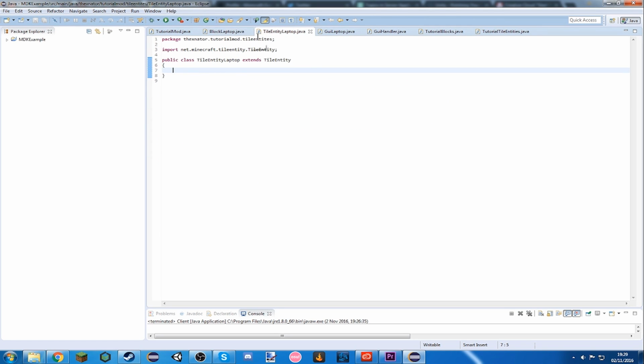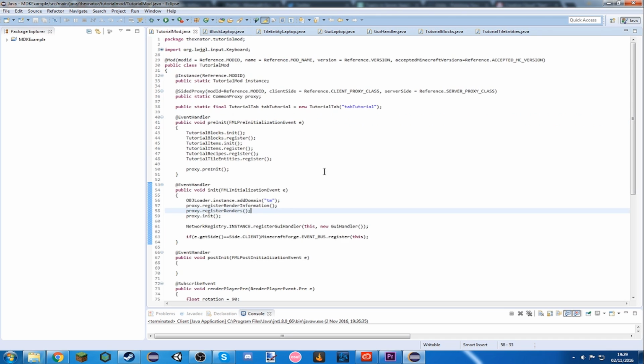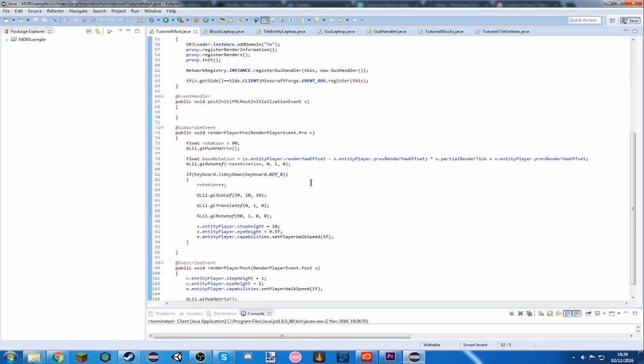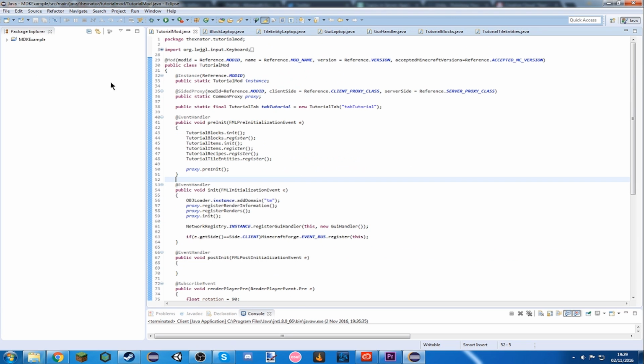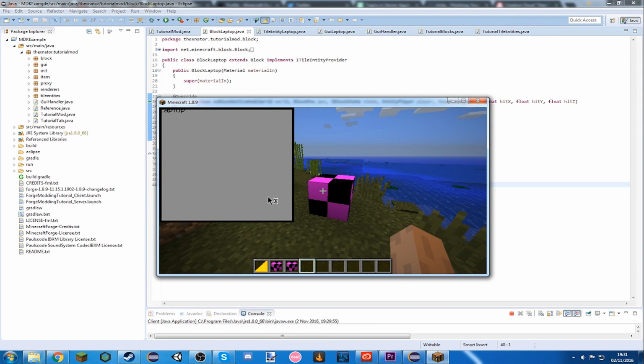Everything's fine in here. You don't want to put anything in here as I've done before, and just make sure that's all doing that. Opening GUI here, and here there's nothing else we need to do in here, I don't think. No, there's not, and that's good to go. So as you'll be able to see in game, you can now right click on your block and you'll have a little GUI here. It will be all crushed up in the top corner, and it will look like this